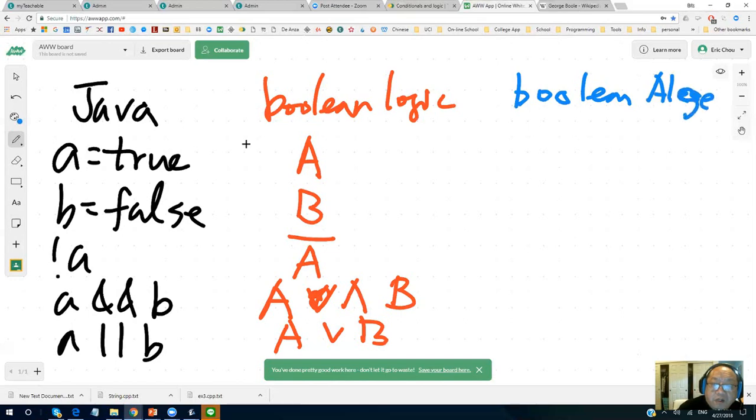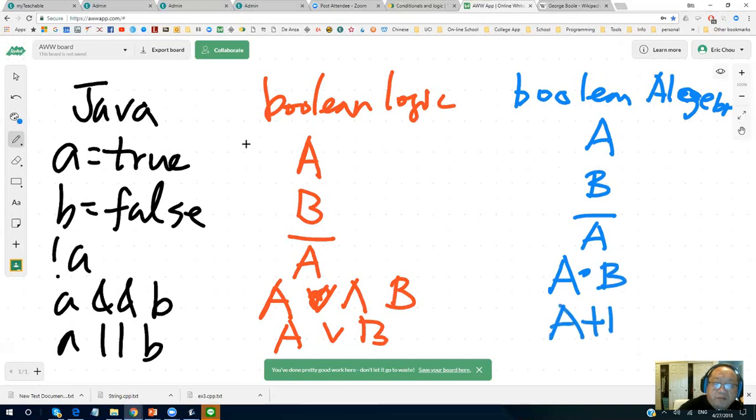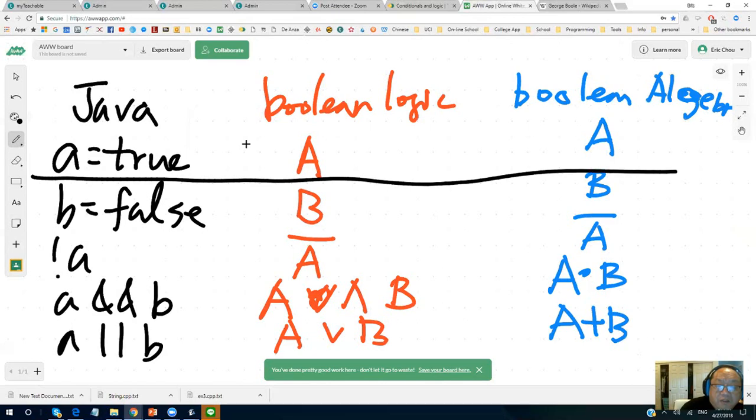Here we write A, here we write B, here we write not A, here we write A times B, and here A plus B. Any one of these are equivalent. So can you write down this table? These three are the same, and each row says the same thing.